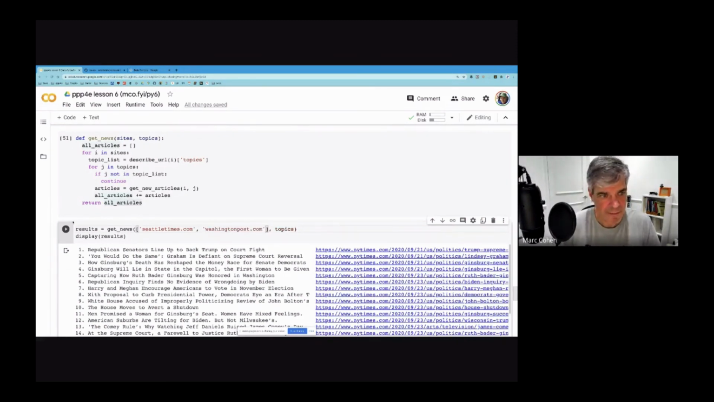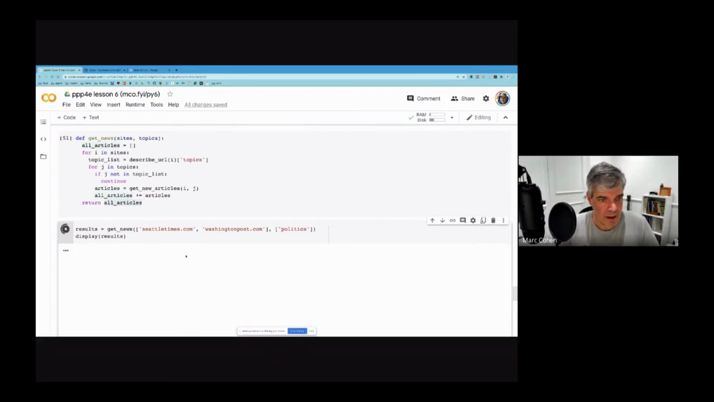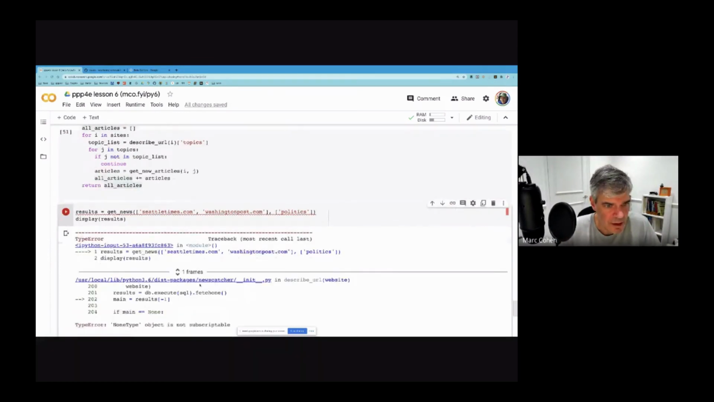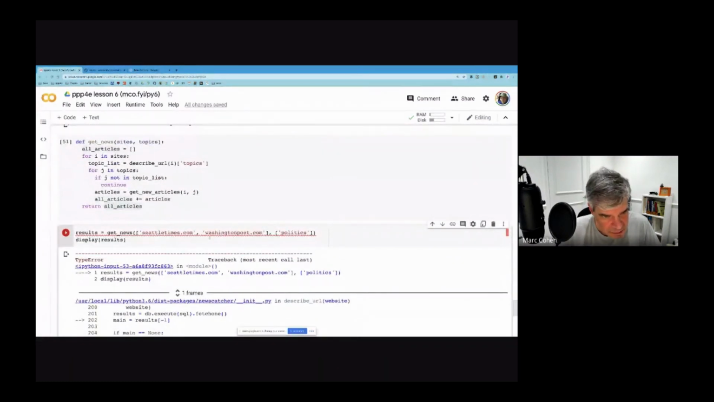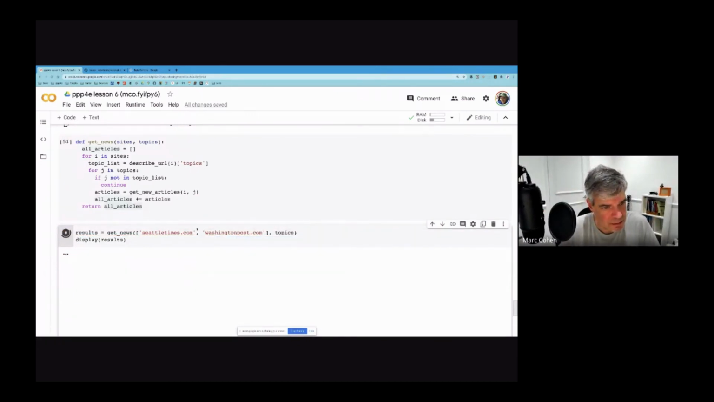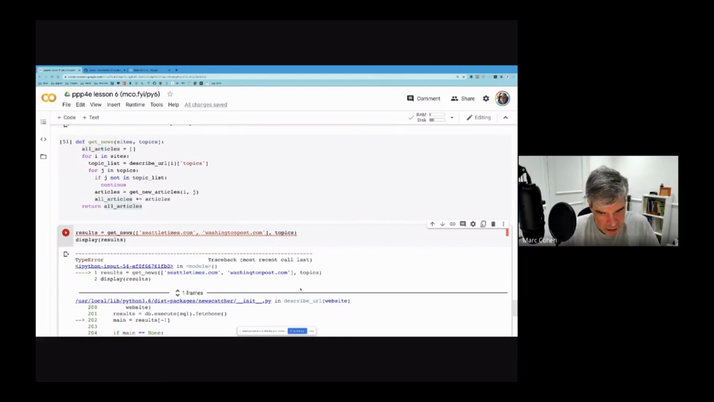We'll change the topics too. We'll just ask about politics. And now we're getting errors. NoneType object is not subscriptable. So Washington Post, SeattleTimes.com. Let's go back to topics, but I have a feeling that's not the problem. I have a feeling one or the other of those newspapers is not supported, but I'm not going to try